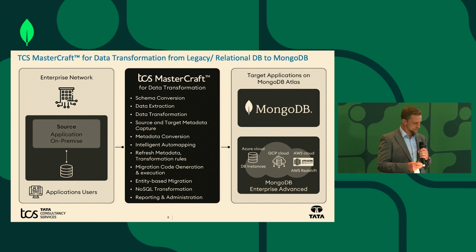There's entity-based migration, which is validation for each of those entities, making it easier again to roll back, reducing effort in the long run and maintaining quality of the data. Then we have the factory model as well, which is creating templates of the ways in which we've worked before to accelerate migration through the best practice that you may have already uncovered. So we have different capabilities based on the source and ultimately the target, allowing transformational structure and logic changes in that data as well.